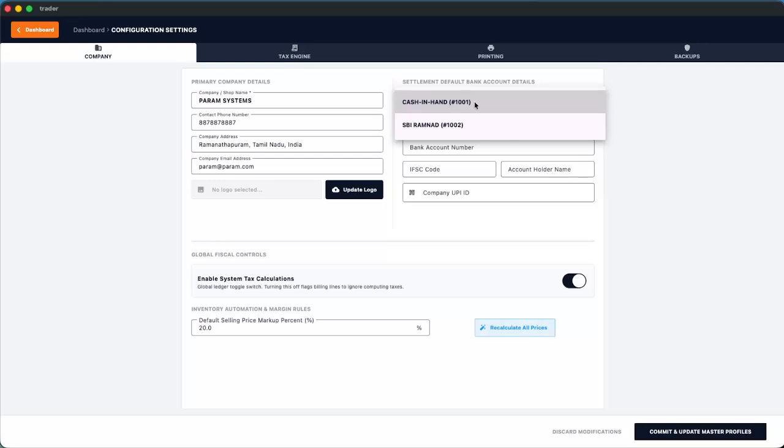So this is a very important step, because once the default bank is selected and the details given, your payment QR code for UPI will be drawn into the bills. I just select SBI Ramnad,